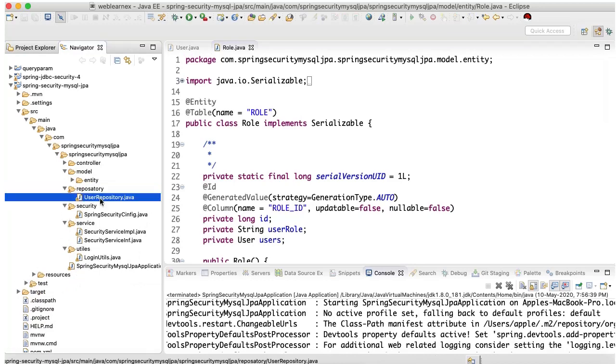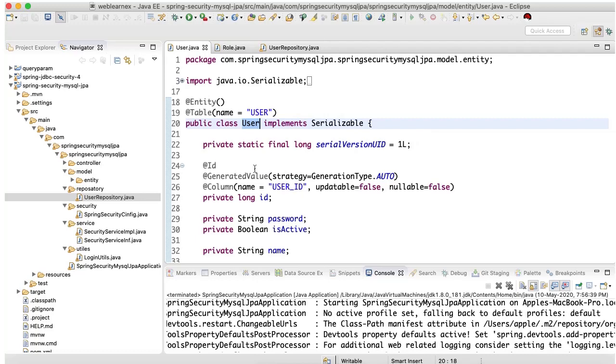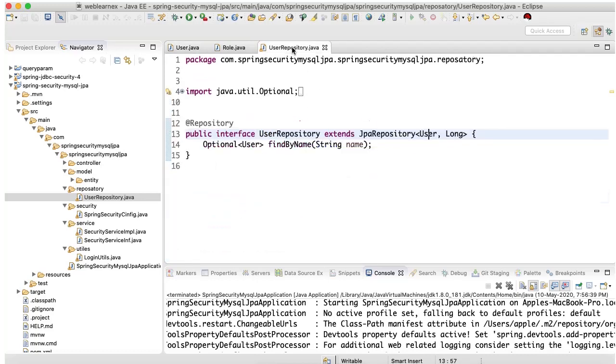I have created one repository here. This is the JPA repository. I have passed my username entity, and here I pass Long. This is the serializable type, meaning what kind of data the ID is. Whatever the ID is, it is of long type, so I have used Long here because this represents the ID of this table. And this is the CRUD JPA. I have created one custom query.